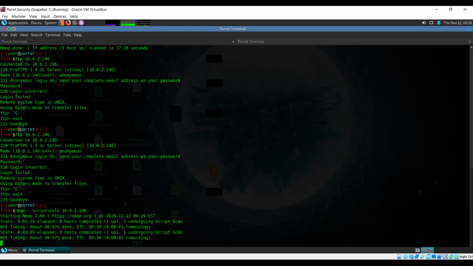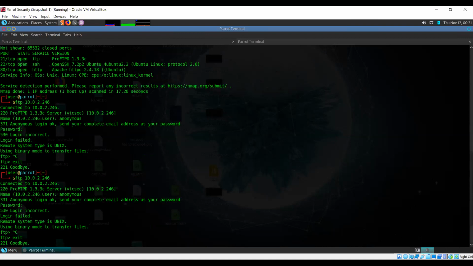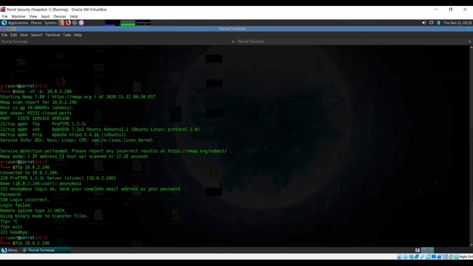Now we see that there is HTTP and SSH open. FTP is also open in this case, but anonymous login is not possible. So we'll have to look for a different way to get into the system. We don't have anything with FTP. In a lot of systems, however, port 80 will be open. So in a lot of CTFs, just like in a lot of machines.